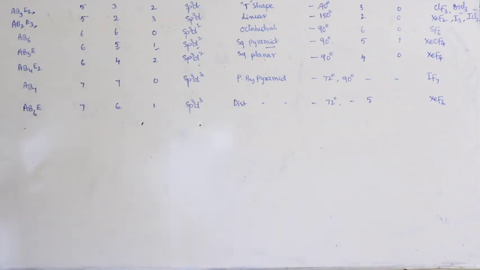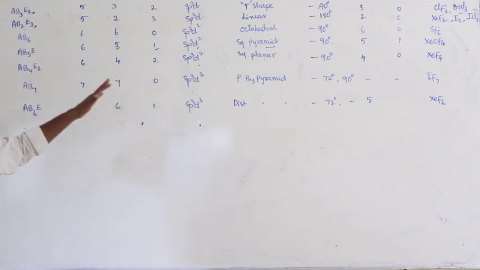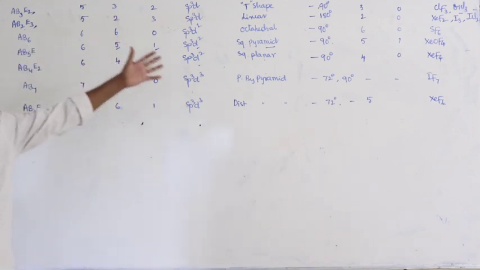This is about the different theories related to covalent bonds: valence bond theory, VSEPR theory, and next hybridization, the relation between VSEPR theory and hybridization, and calculation of electron pairs, bond pairs, lone pairs and geometries.